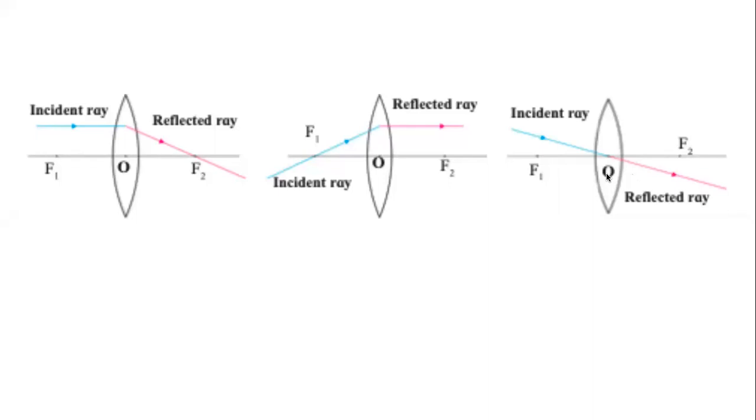So the rule has an if part and the then part. For the first one, the if part is if the incident ray is parallel to the principal axis, then after refraction, it will pass through the focus, principal focus. देखो कितने आसानी से बना. If the incident ray is parallel to the principal axis, then after refraction, it will pass through the principal focus. That's rule number 1 on the left hand side. What is rule number 2?